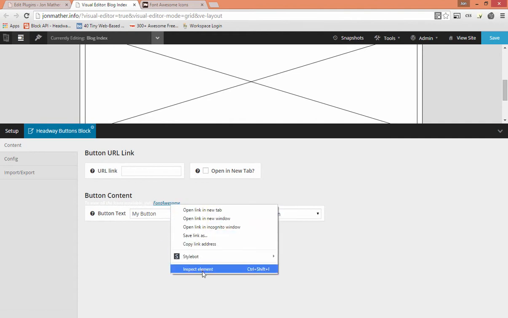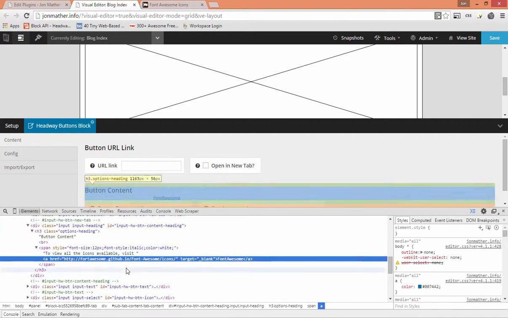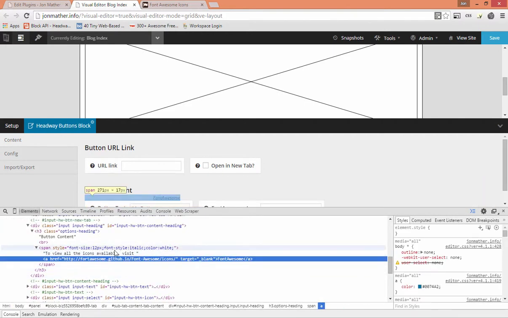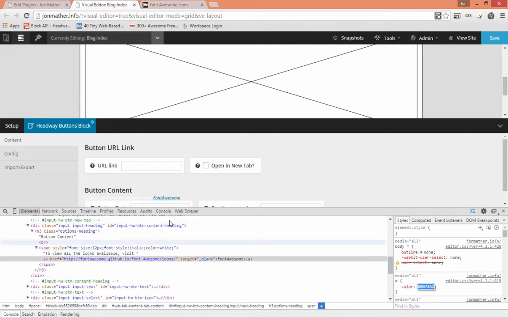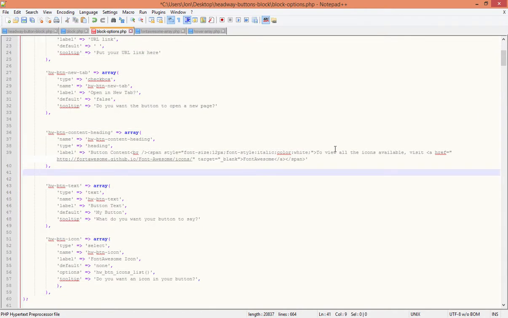But let's inspect that element here so we can see what we've done. You can see here the color that it is, and we can actually see the color code for that is being pulled up from the A. So if we wanted to, we could actually go back to this, and where we've got color white, we